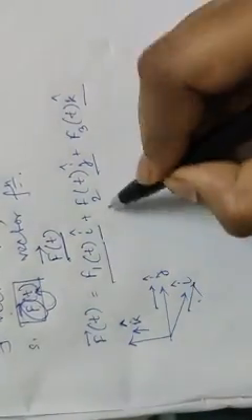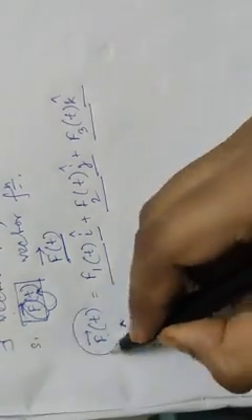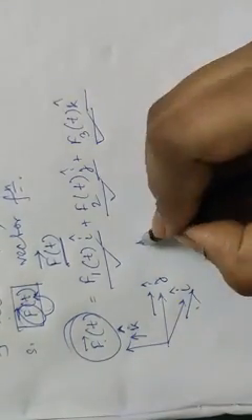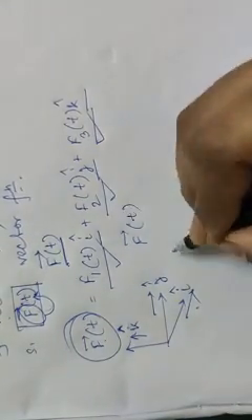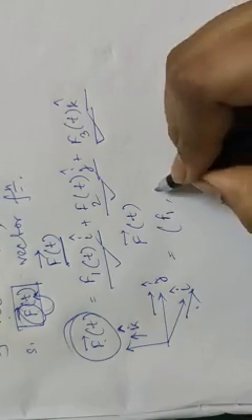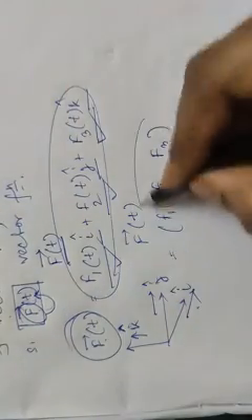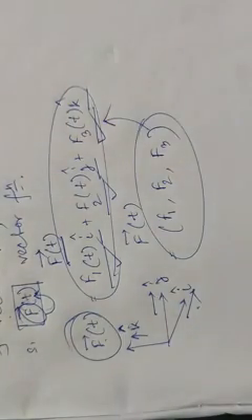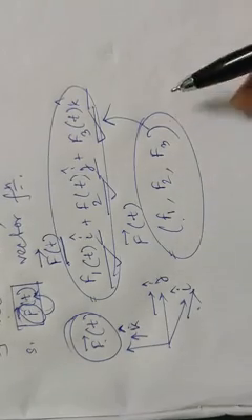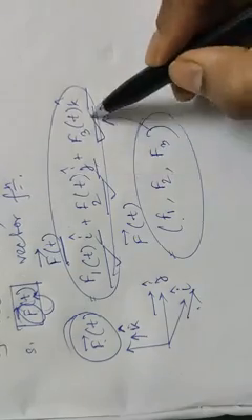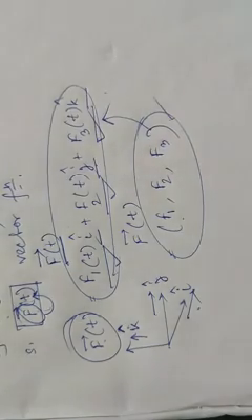Then these 3 are said to be the components of the vector F: f1(t), f2(t) and f3(t). And sometimes we also write F(t) like this: (f1, f2, f3). Both the representations, this one and this one, are equivalent. That means (f1, f2, f3) and f1 i plus f2 j plus f3 k are the same.